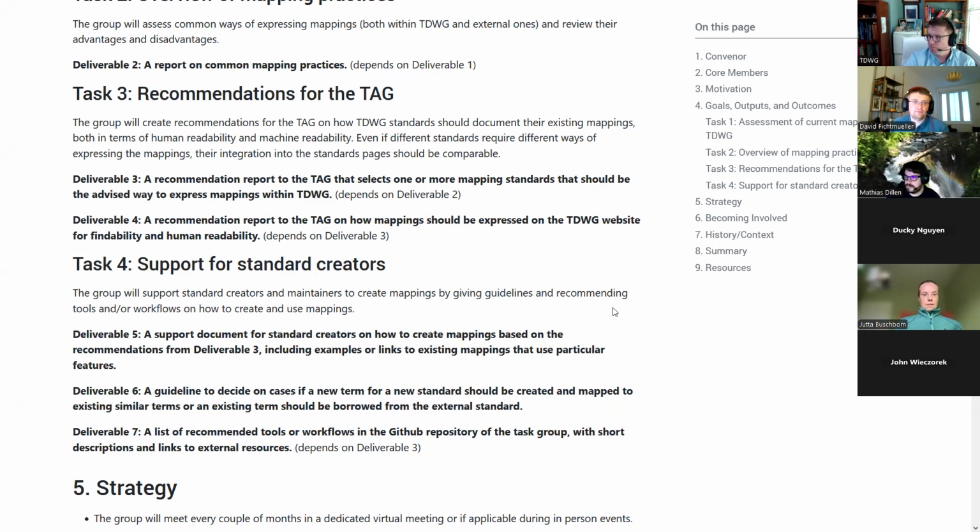And then one in particular about the recommendation, one important part is that those mappings should be both feasible for human understanding, meaning that it's easy to look up the mappings and comprehend how different terms relate to each other, but also be easily used for machine readability, so that computers also understand those mappings. So just having, I don't know, a PDF file with a table wouldn't be sufficient for that.